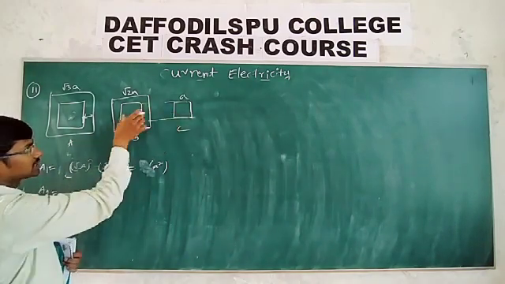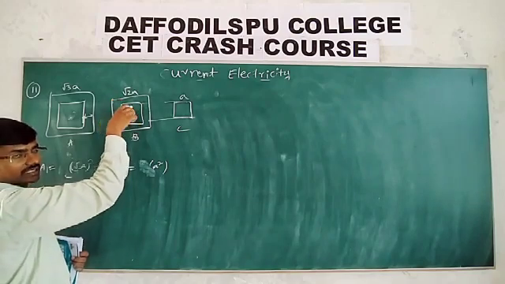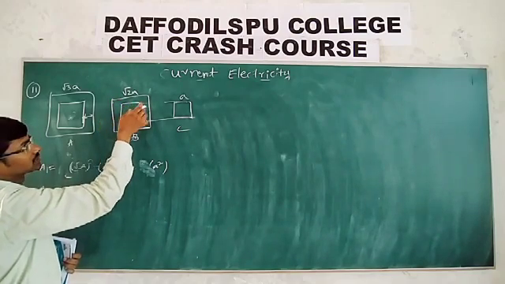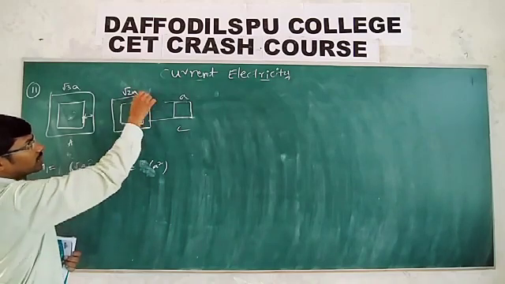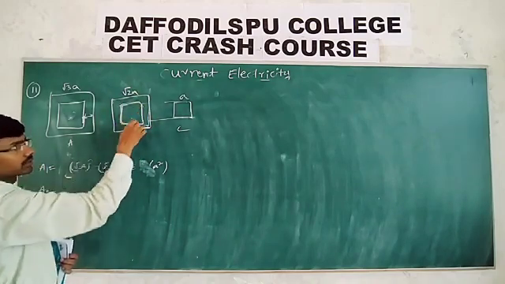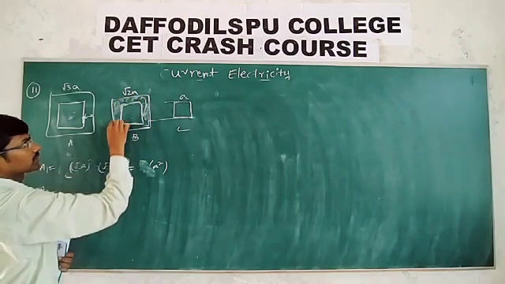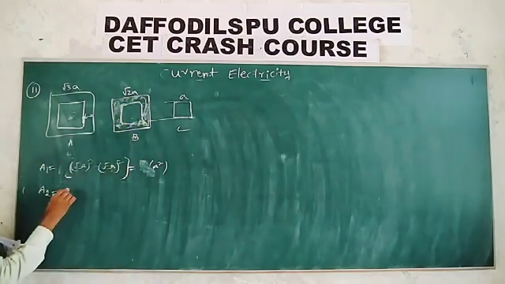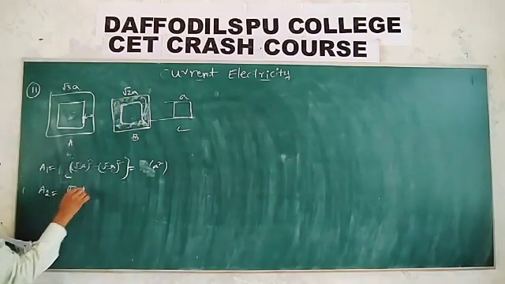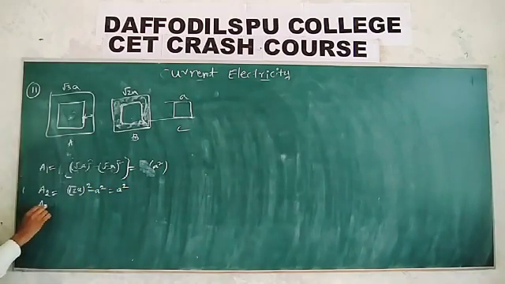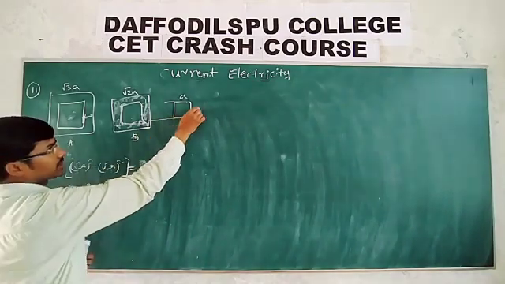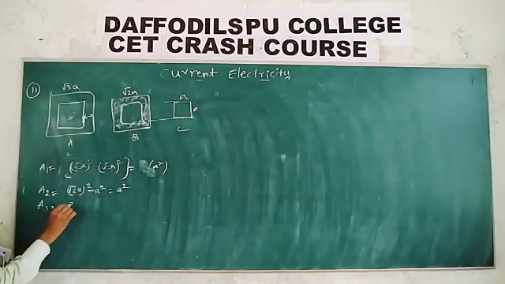So when you insert this one in this, it will fit easily. That means the area is the area of this one minus the area of this one. What is the area of cross section? Again we have root 2a whole square minus a square, which is 2a square minus a square, pi a square. Similarly A3, the area of this one, is nothing but pi a square.